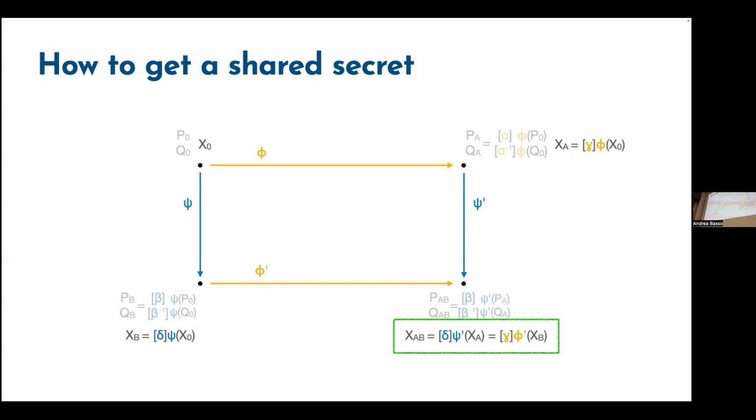One is that these points are being scaled on both sides. So this is not fundamentally different than what we were already doing, where we were already scaling the points under some scalar. But also because in practice, we will take this point x0 to have an order that is a